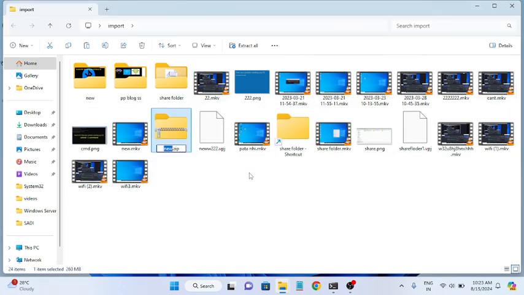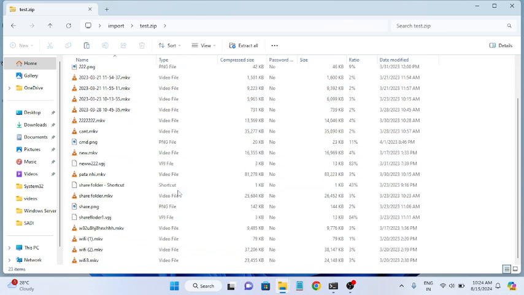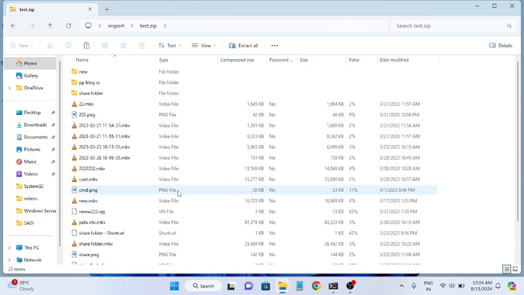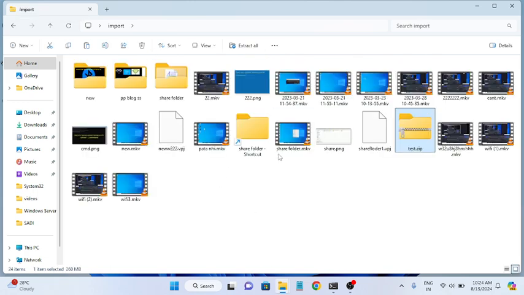Okay, now you can see one separate folder is created. Let me name it test. Okay, now if I go inside the zip folder here, I can see all the items inside one folder. So this is also very good for making all the files into one folder, that is a zip folder, as you can see here. So this is the way to